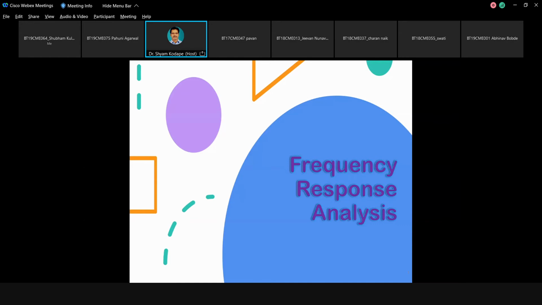Frequency comes into the picture when the input behaves like a periodic function, and that periodic function, as we have discussed, is a sinusoidal wave. If the input is sinusoidal, the output will be sinusoidal. We have identified that. But the output is lagging behind by theta, that is tan inverse of minus omega tau. We have derived that.